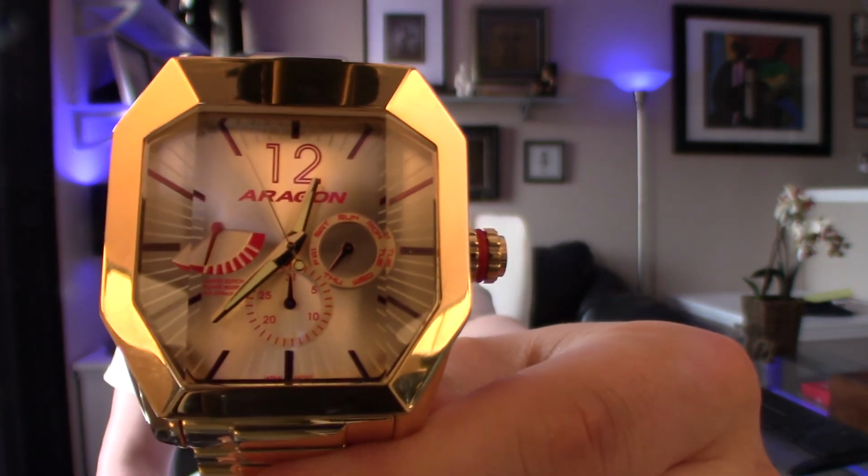Beautiful looking watch. And once again, it is available in the stainless steel or, of course, the...